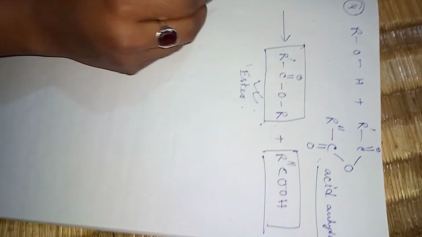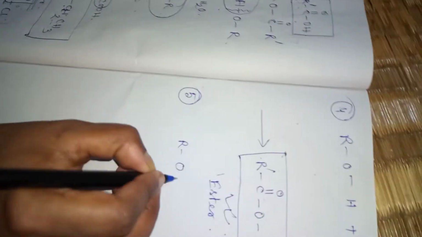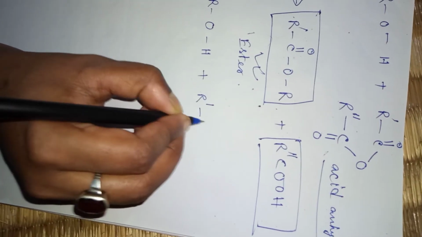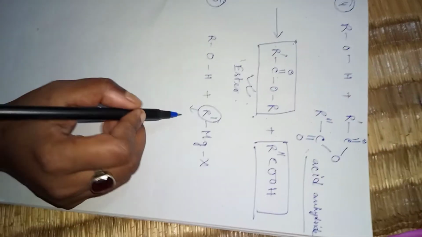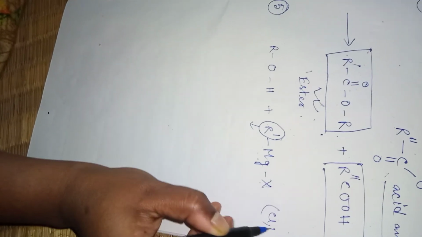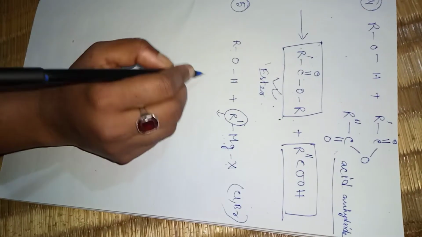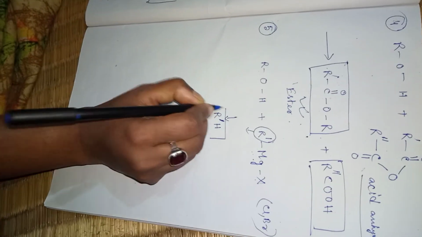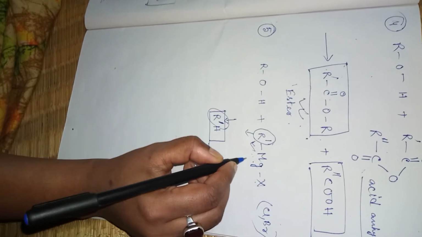Okay, now another reaction I am telling about: the reaction of alcohol with the Grignard reagent. Suppose your Grignard reagent is R' MgX. R' is an alkyl group, this is magnesium, and this is a halogen. X may be Cl or bromine. So when ROH reacts with this, you will get one alkane. Which alkane? The one in which the alkyl group is coming from the Grignard reagent.